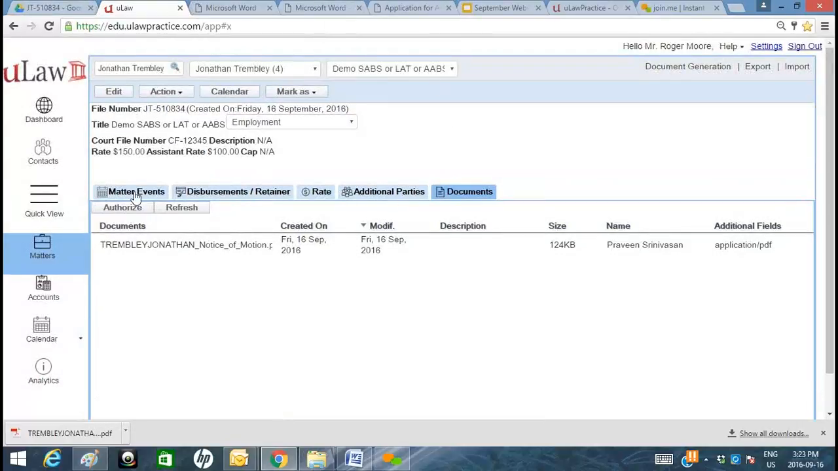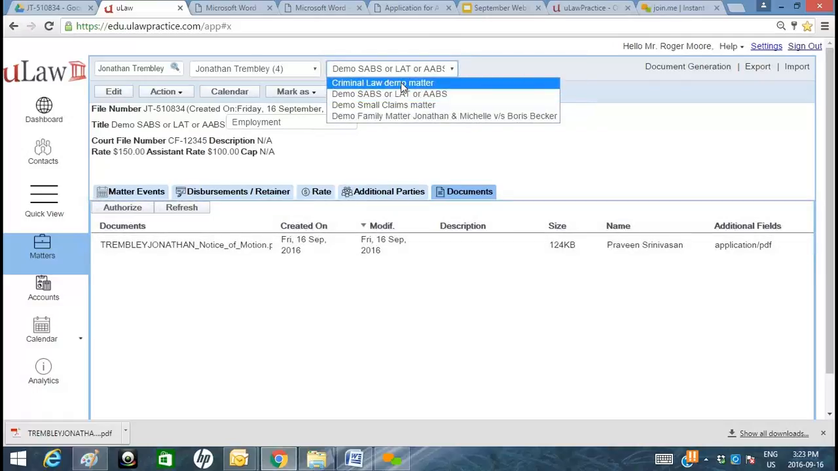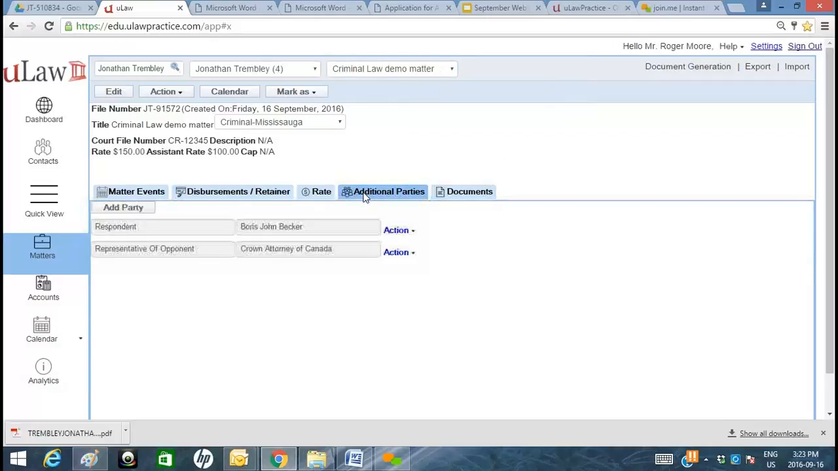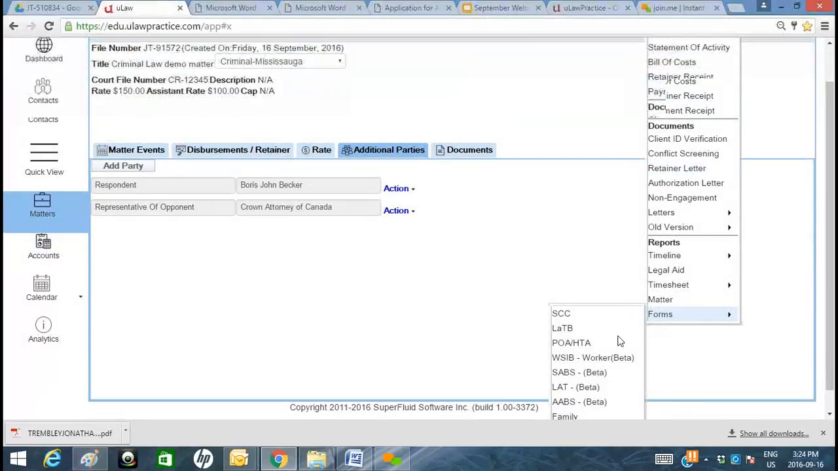Okay? So you continue to docket, you continue to put your financial information into it, but here are certain time-saving features such as the court form filling as well as the document management that makes life that much easier. So moving along, let me take an example of maybe a criminal matter, because the big difference you're going to see between these different types of matters is essentially how these parties are associated. So if I look at a criminal law, I only have, let's say, a respondent and a representative of the opponent. And if I go down to document generation and I look at criminal,